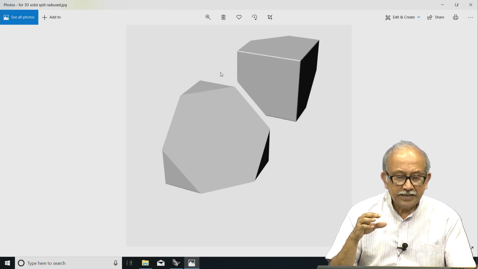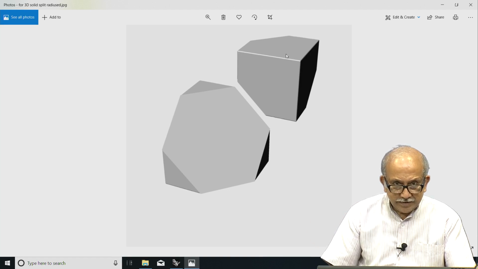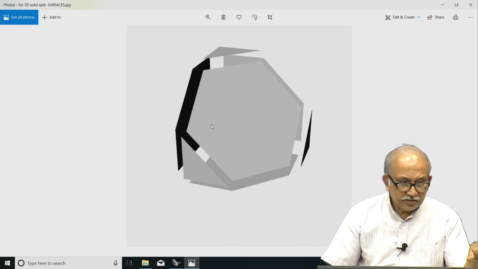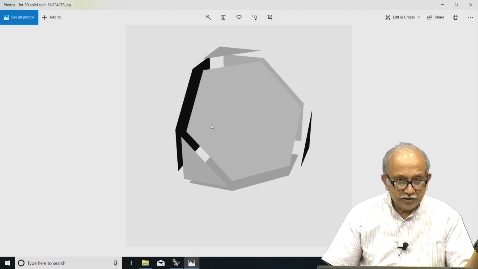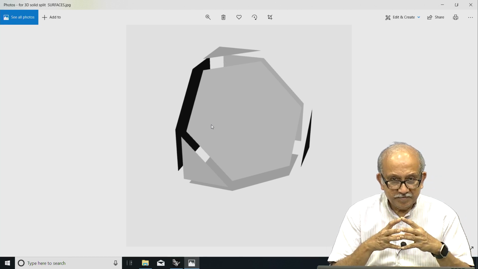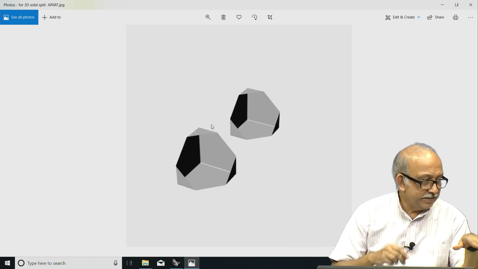Once again you see here that a highlight has been created, and this is where all your rendering software will make the object look real. Notice here, first of all, the hexagonal part is something that has been added. When you actually cut it,